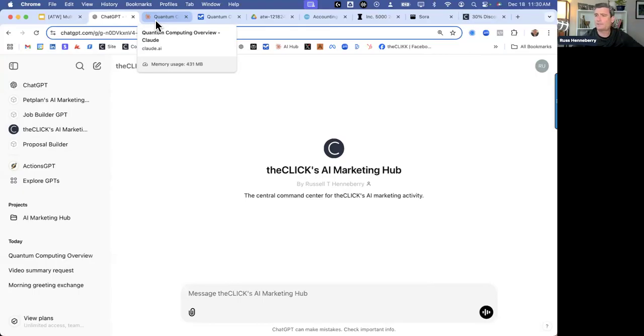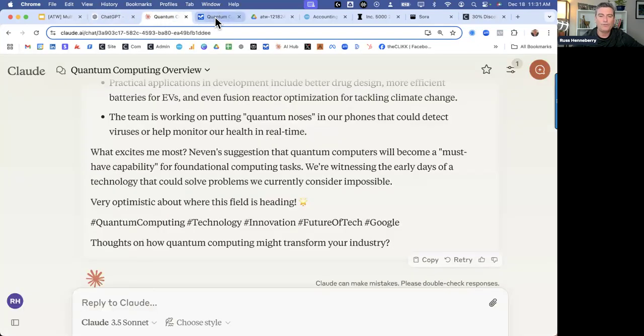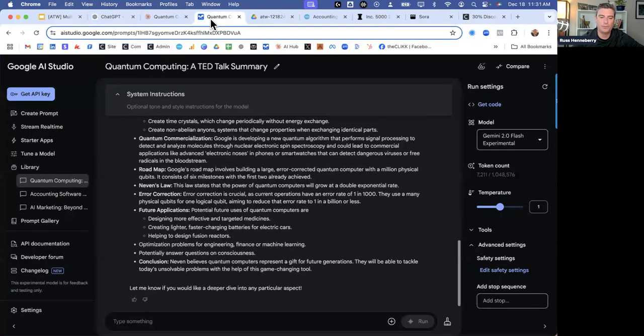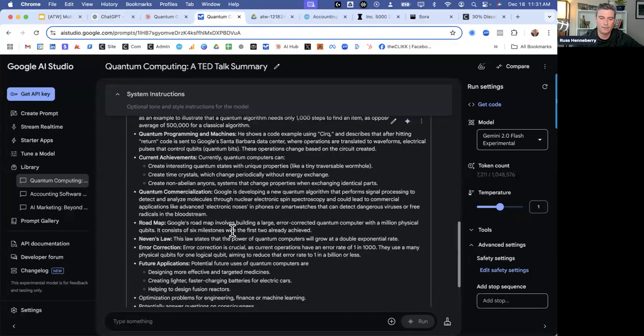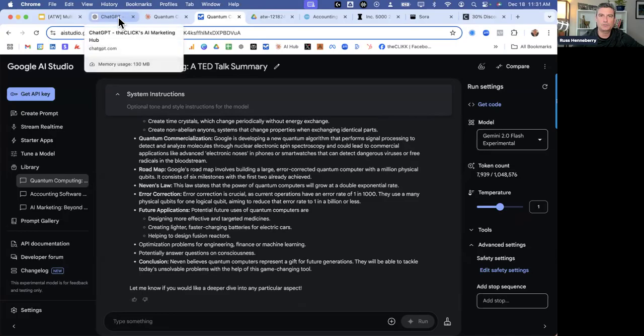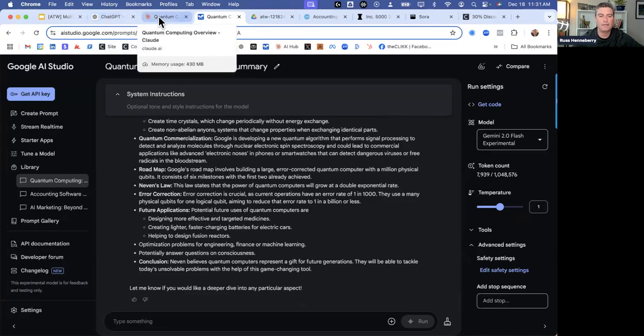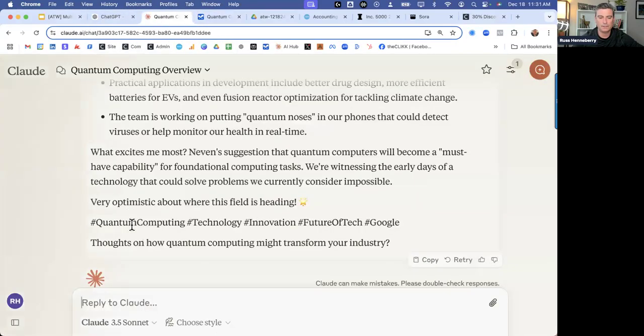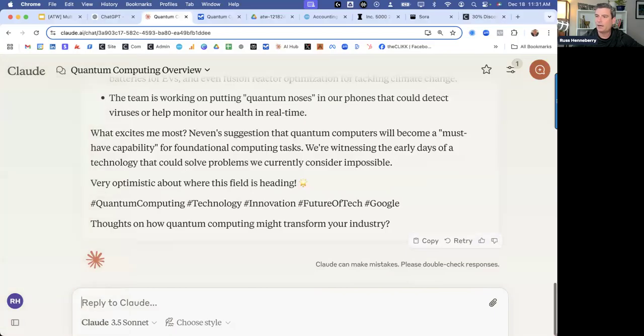Let's go on to images. Okay, so as a marketer, how do we use images with AI? And again, because it's image, all three of these systems are going to do a pretty good job of this. Okay, so I'm just going to demonstrate. I'm going to go to Claude for this. Okay, so let's go to Claude and let's bring our image in.